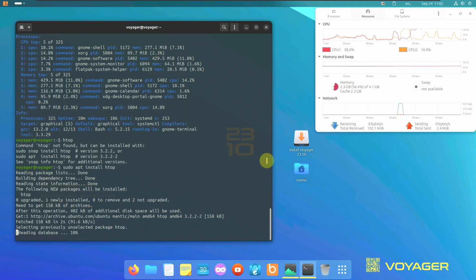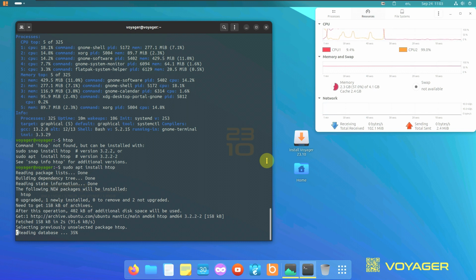So the Ubuntu version was a bit faster, but the Voyager Linux, I used almost every version, I guess, so it was a bit of lag and delay here and there. I think we need to have good resources, I guess. Even with a 12th Gen i5 CPU and 4 GB of RAM, it's a bit of lag, not heavy lag or heavy stutter here and there. It was a bit of delay, and the animations were laggy,